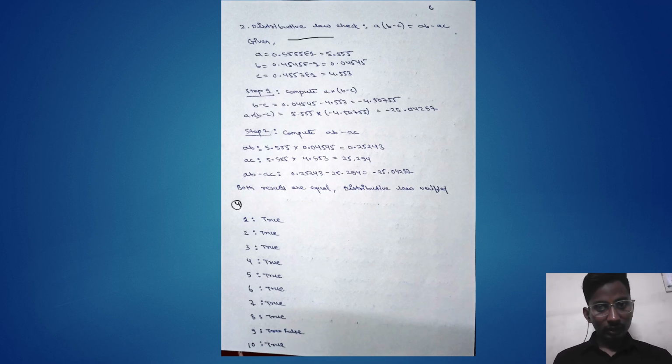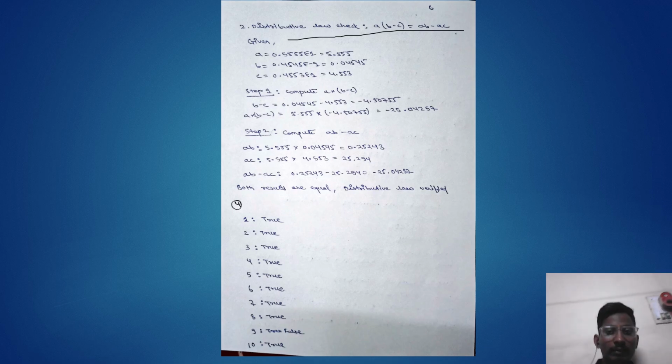So distributive law check. A into B minus C is equal to AB minus AC. So given this equation, and on the step 3, step